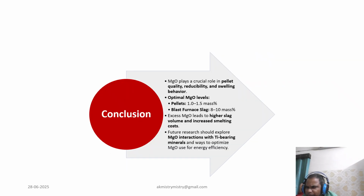In conclusion, MgO bearing pellets play a significant role in blast furnace operations, and blast furnace operations people should also be aware of this implication of MgO on their pellets. While MgO can reduce compressive strength due to increased porosity and solid solution formation, careful control of MgO content around 1 mass percent and higher roasting temperature can optimize pellet performance, enhance reducibility, and manage swelling behavior, further contributing to